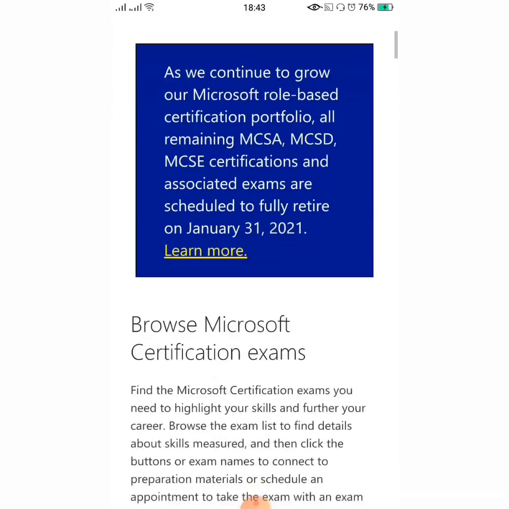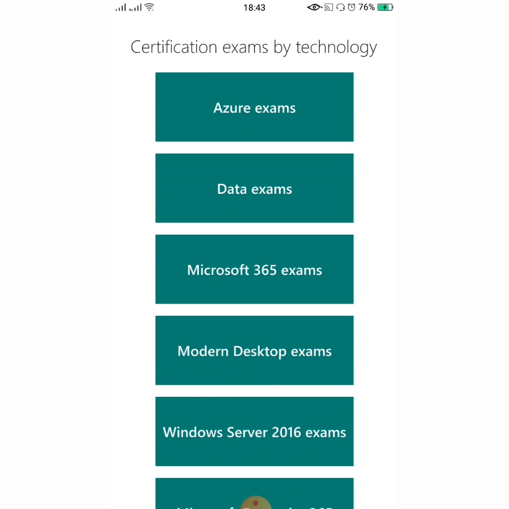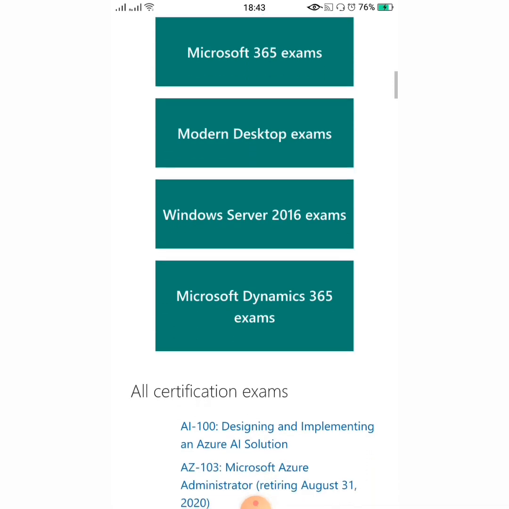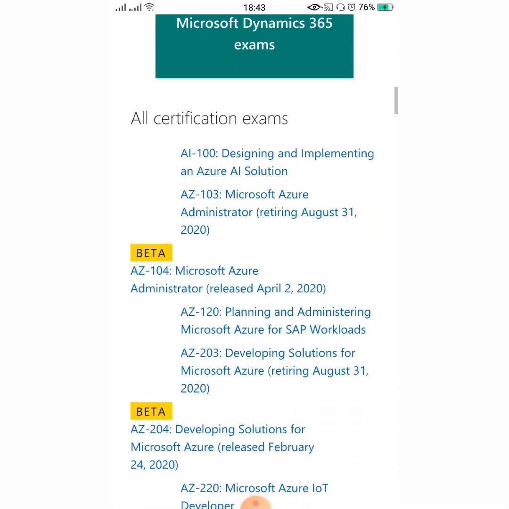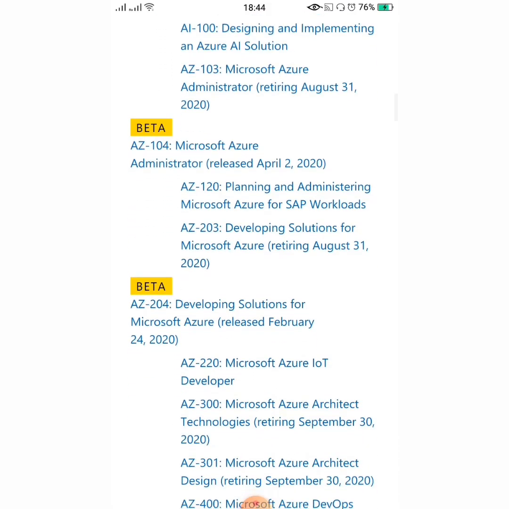Okay, this is the Microsoft page. In this you can see Microsoft certification exams. By technology they have filtered it: Azure exams, data exam, Microsoft modern desktop, Windows server, etc. And also here you can see all certification exams beta.